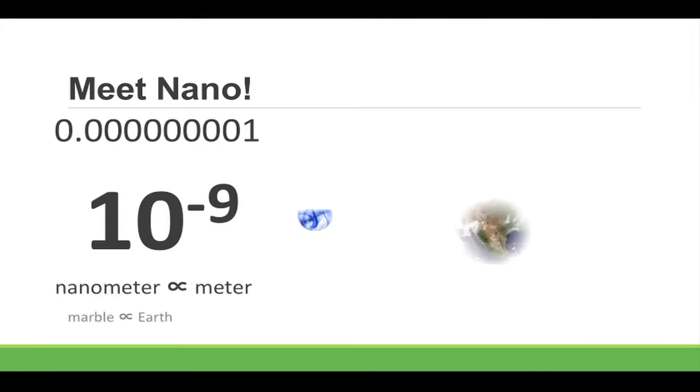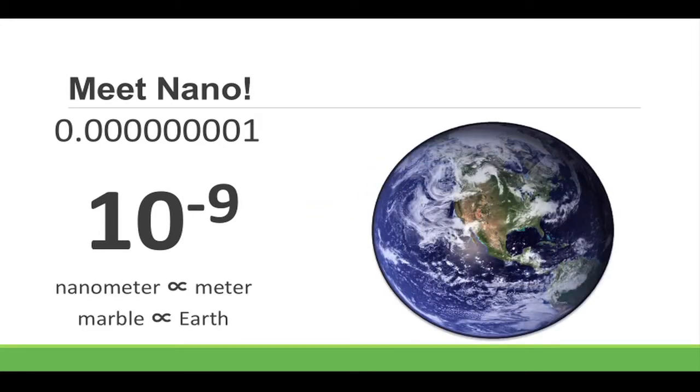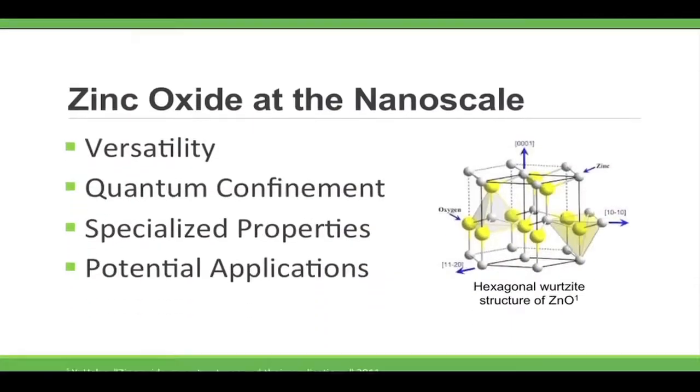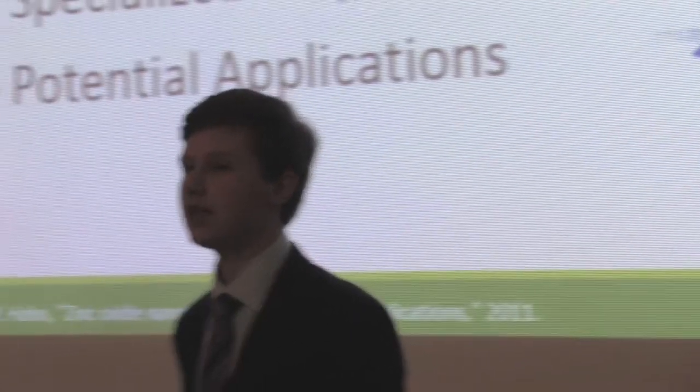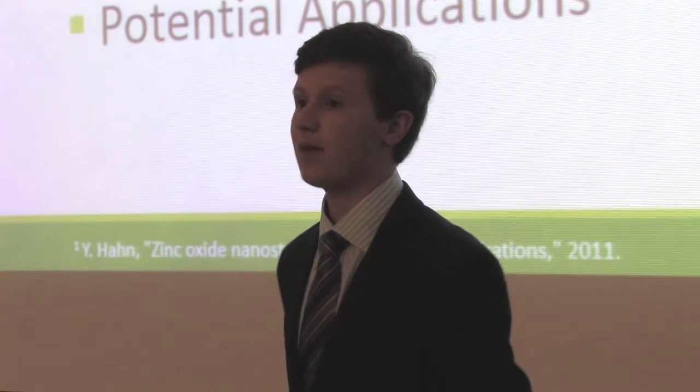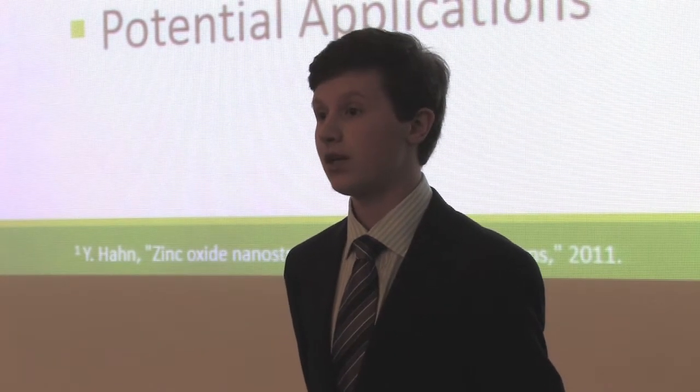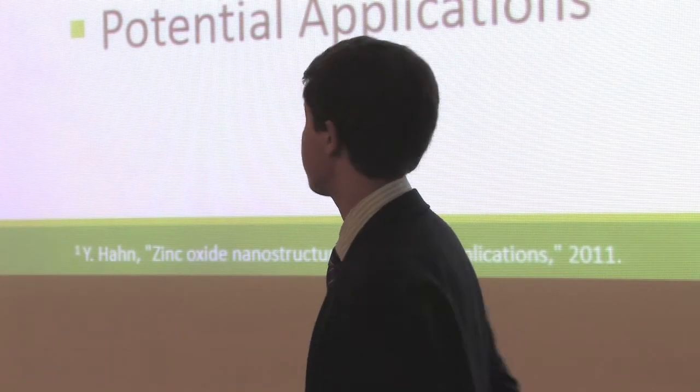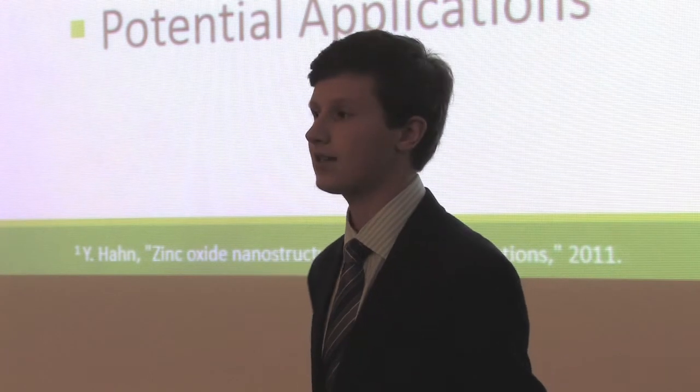So what exactly is zinc oxide? Well, it's a semiconductor compound that has a wurtzite crystal structure, which is the figure shown to the right. And this means that it is composed of ZnO4 6- tetrahedrons that are stacked in such a way to reproduce this hexagonal structure. When you shrink zinc oxide down to the nanoscale, its properties become very size and structure dependent,